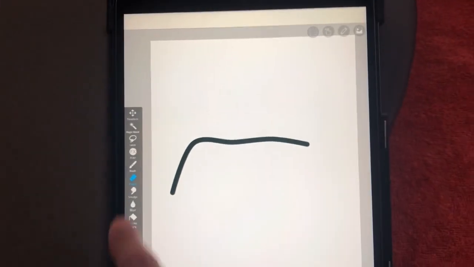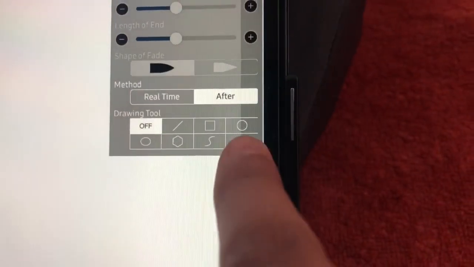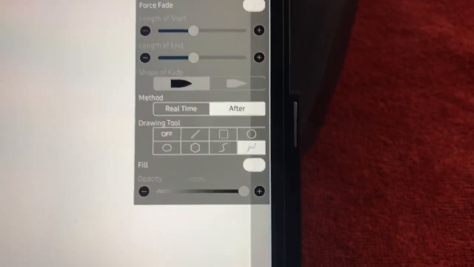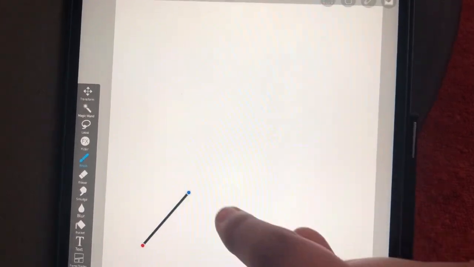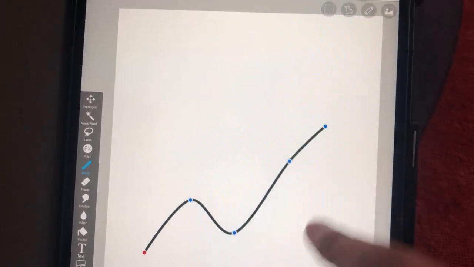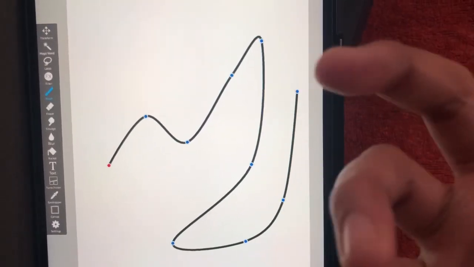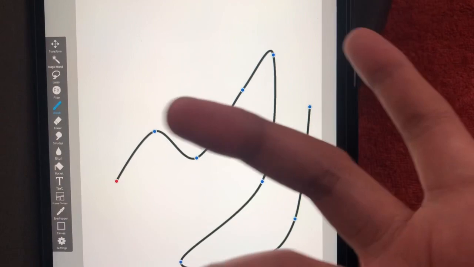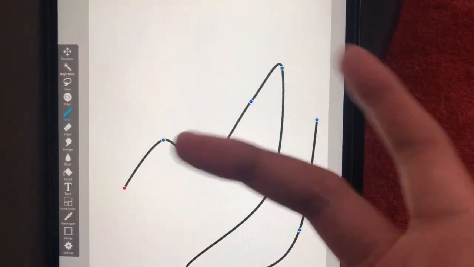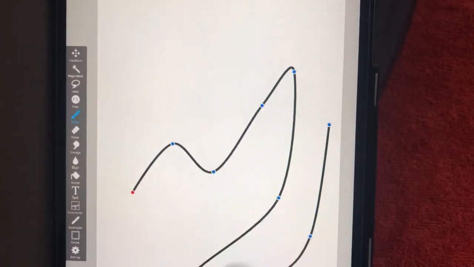Now let us quickly erase what is there on the canvas, and next what remains is the zigzag shape. Let's begin. To draw a zigzag line, I'll just go back to the brush option. I'll just draw a point on the canvas, another point, another point, another point, and this is how you draw the zigzag lines. So it's pretty simple. You can just use the curve lines or the straight line options, and you can just draw whatever line curves you want on the canvas.